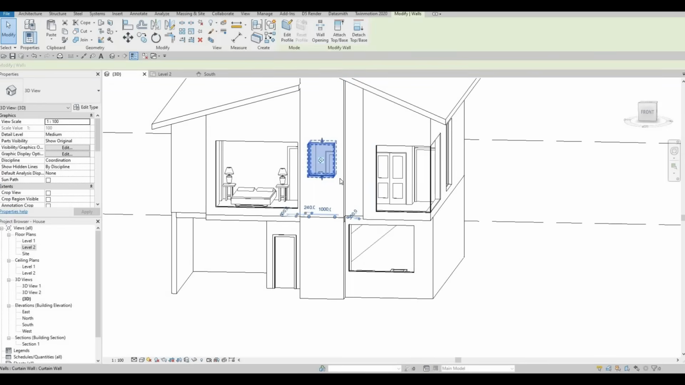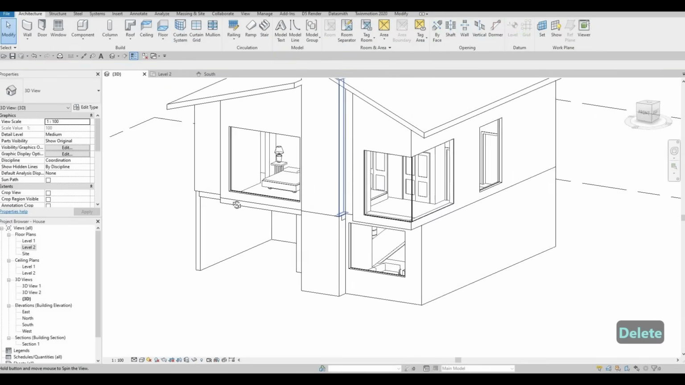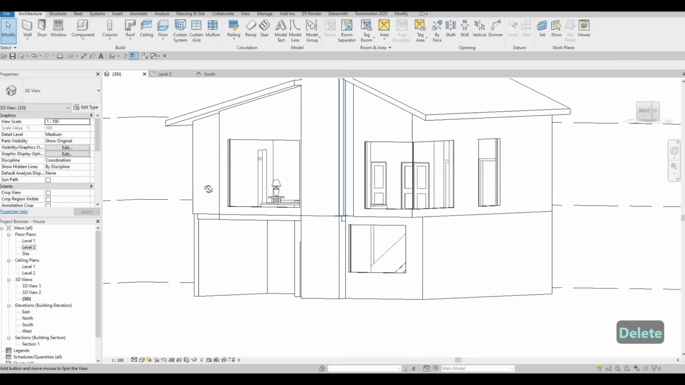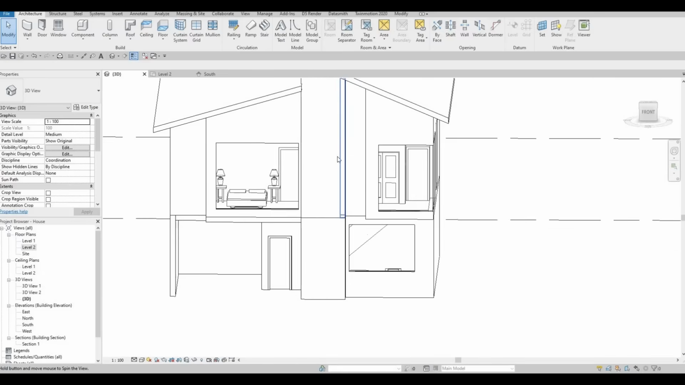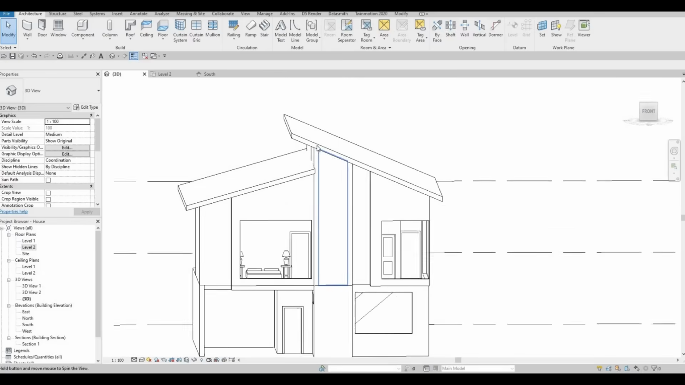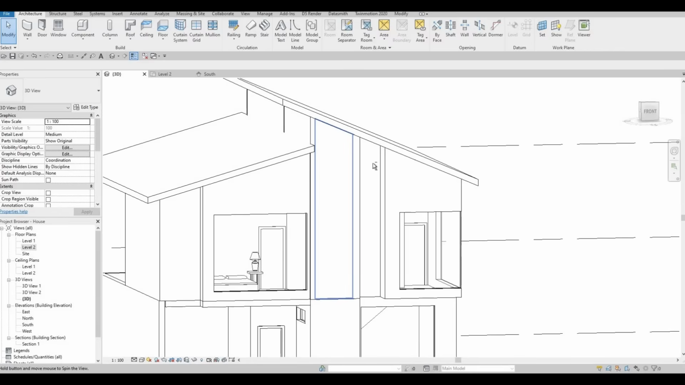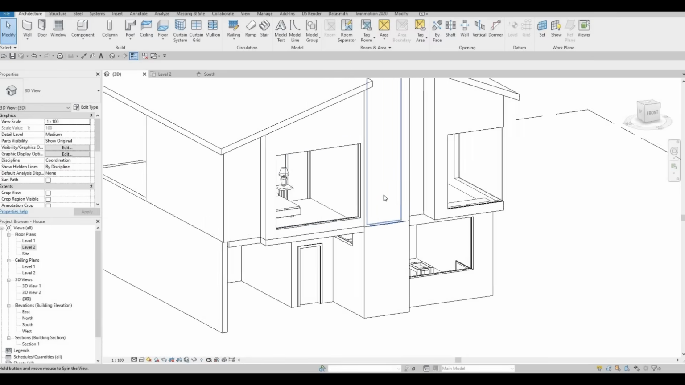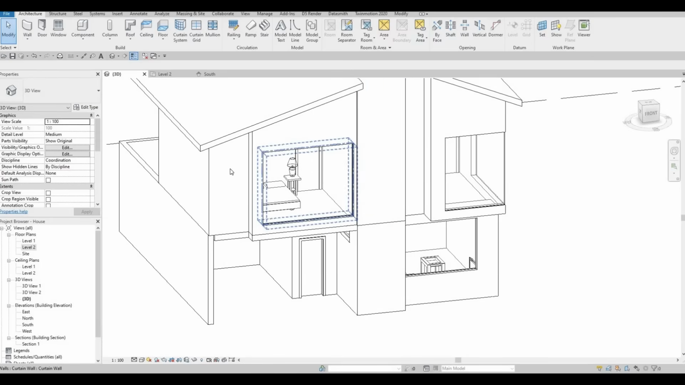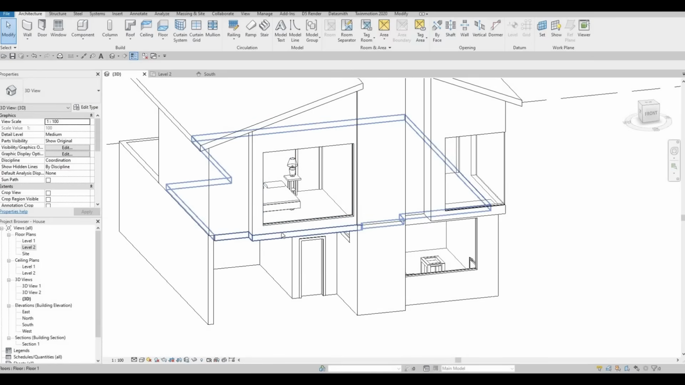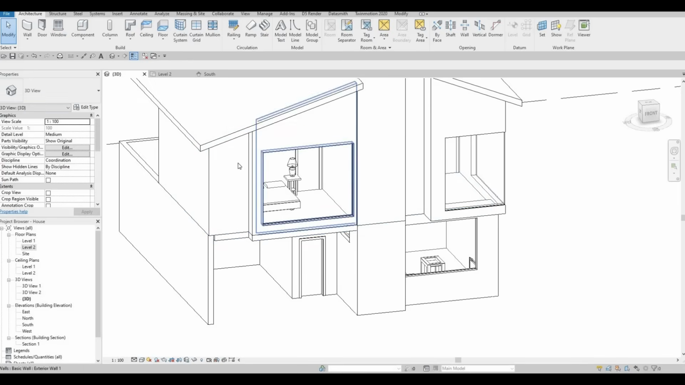We don't need this one, so I'm gonna remove that because we just need this one to look. Probably I'm gonna put wood or stone here on this side, and then we need to move this one right here. So what I'm gonna do now is to